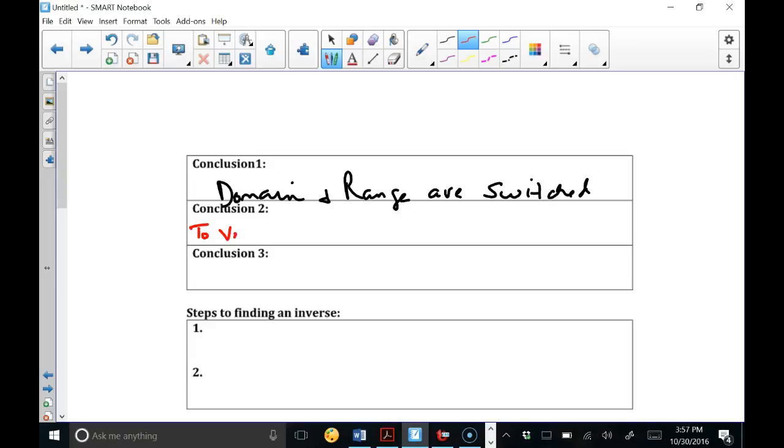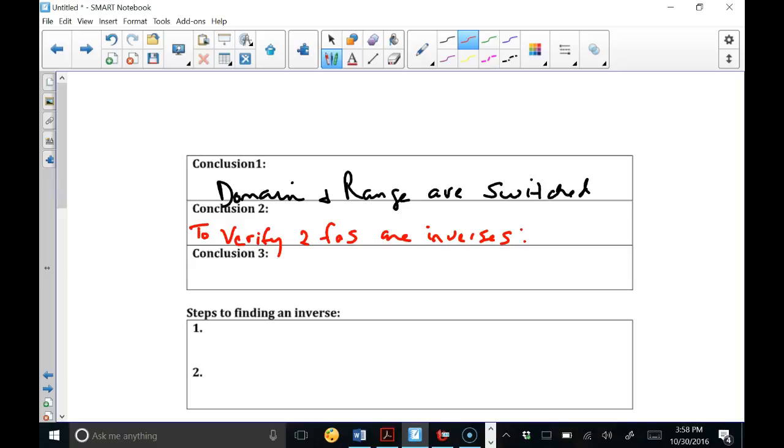Okay, to verify, wow, I did it again. Let's try this one more time. To verify two functions are inverses,